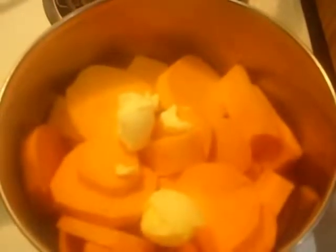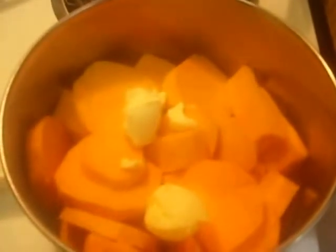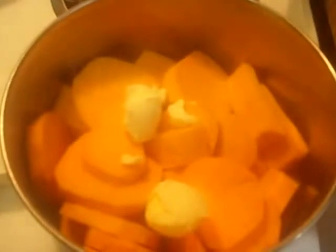Hi, today I'm fixing smothered pork steak along with rice, sweet potatoes, and I'm not sure of the vegetable to decide. We use green beans all the time, so I made two. I don't know, corn or something. I haven't decided yet. But to make these very simple sweet potatoes, you're going to add 2 rounded tablespoons of